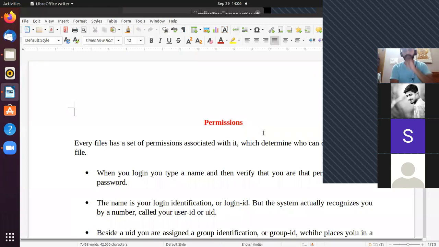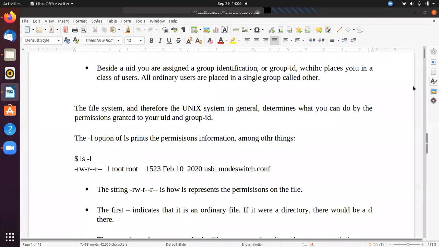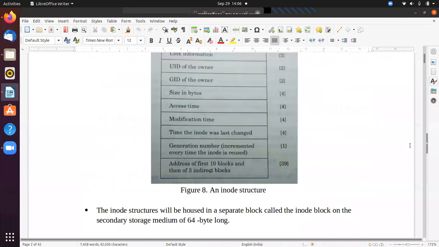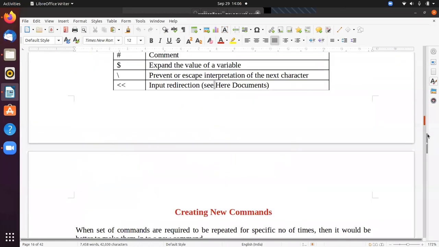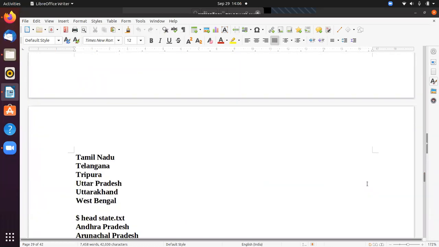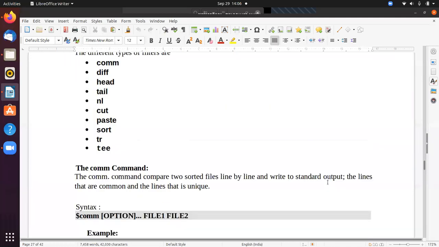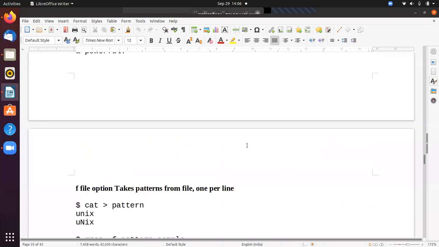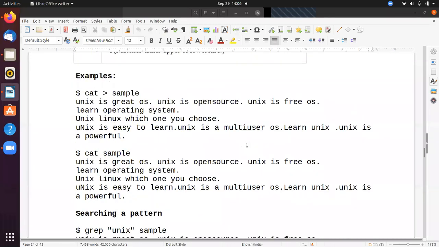One is grep, another one is fgrep, and egrep. fgrep is the fast grep, also called fixed grep. egrep means extended grep. In yesterday's class we completed this and saw many options, and how to use them with grep. Now we can see it very quickly.